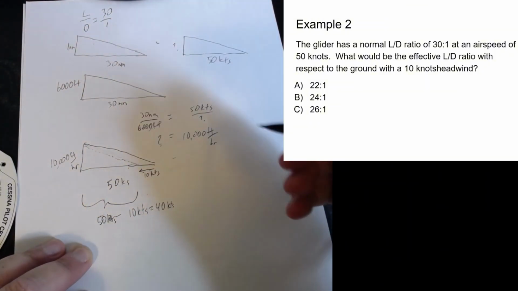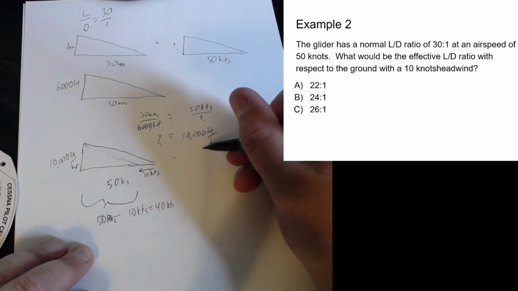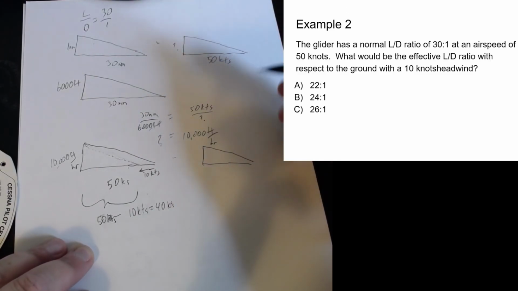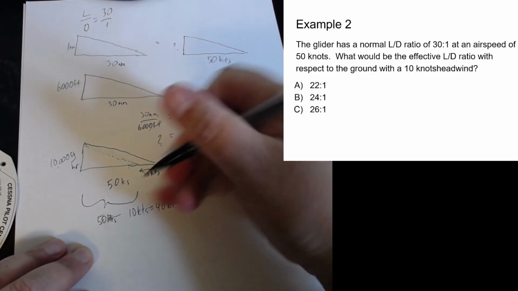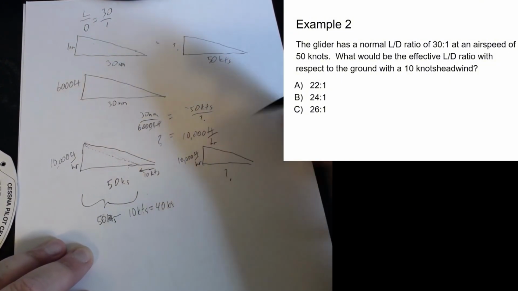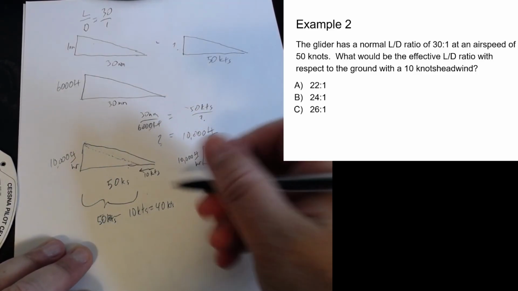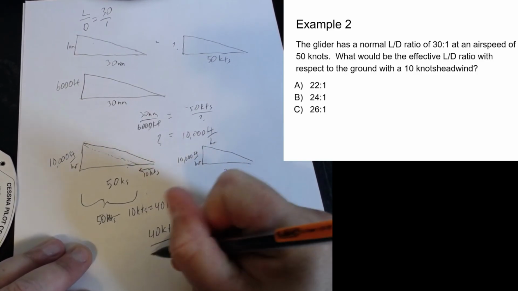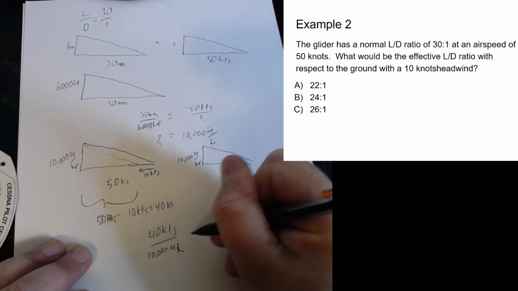Okay, and now we're trying to find out what our effective new L/D is. And it's going to be shorter. I'm drawing a shorter triangle to indicate that it's going to be shorter. We don't know how far out we're going to go. We know we're still descending at the same rate per hour. Okay, but now we can set up our ratios like we normally would. So now we have 40 knots divided by 10,000 feet per hour equals,